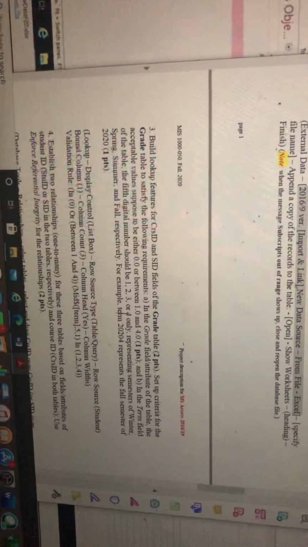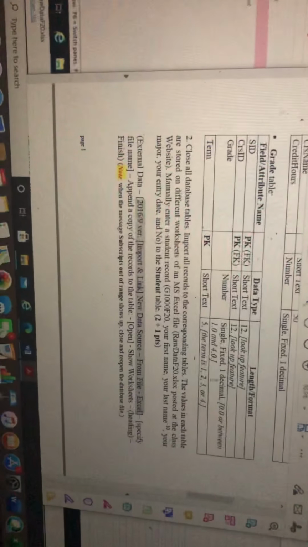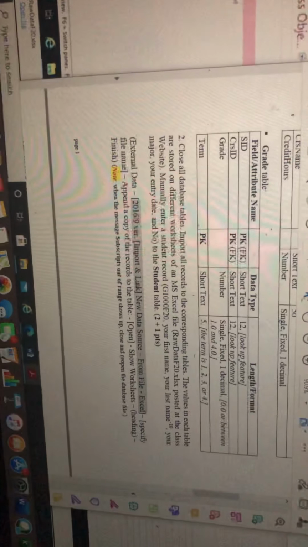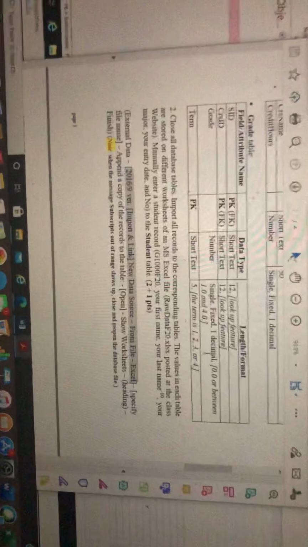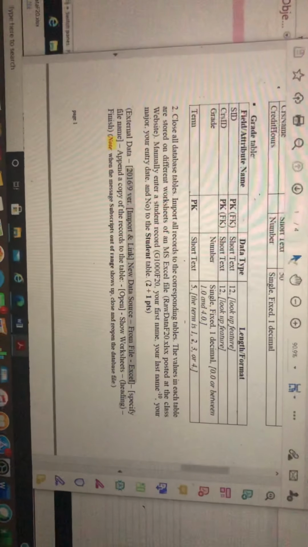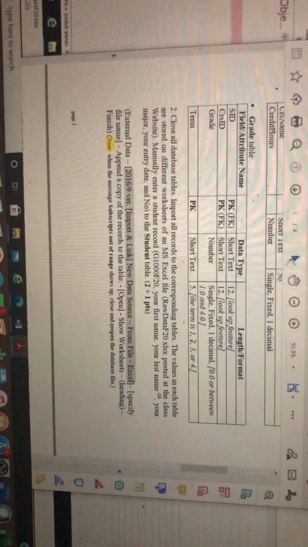So if this is okay, I'm going to continue with the next requirement. This one, the fields. And also I put description here, 0 or between 1 and 4. The term is 1, 2, 3, or 4. This portion, the terminology, is what we call the domain integrity. Okay, so